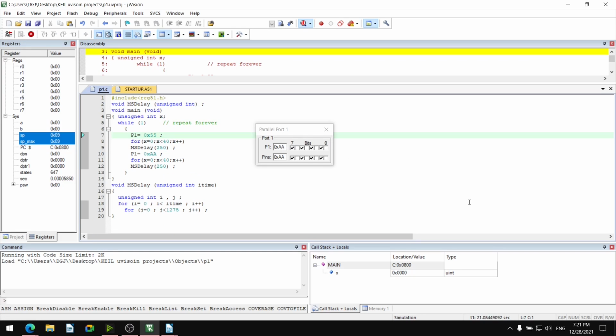This is 10 seconds. May not be exactly 10 seconds. It seems less than 10 seconds, but it is having more delay than the previous one. Okay.